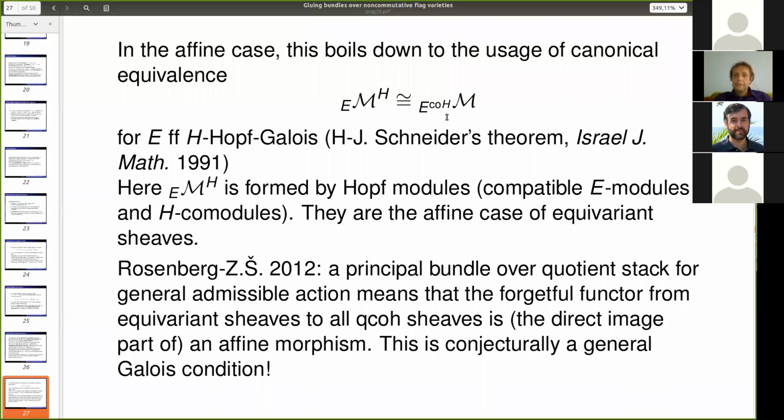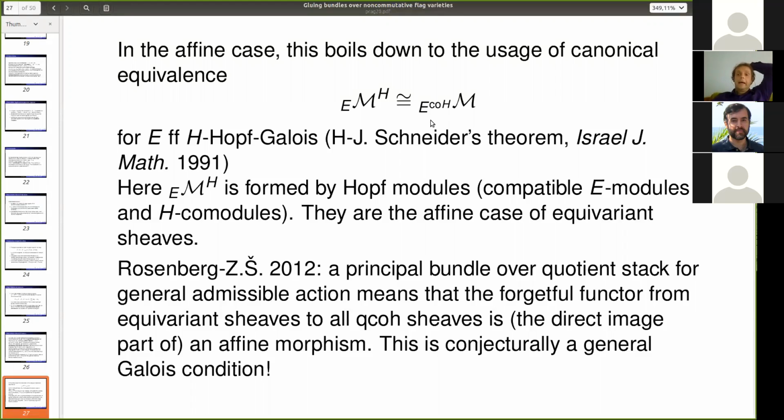Now I am at this principle I told you, this Galois kind of theorem. That equivariant sheaves in this case, or in the case of just a Hopf algebra and just a comodule algebra E over the Hopf algebra H, that means you have a coaction which is an algebra map, then you can consider this category of modules over E which are at the same time comodules over H in a compatible way. This is the same as modules over the invariants. That's an example of this thinking